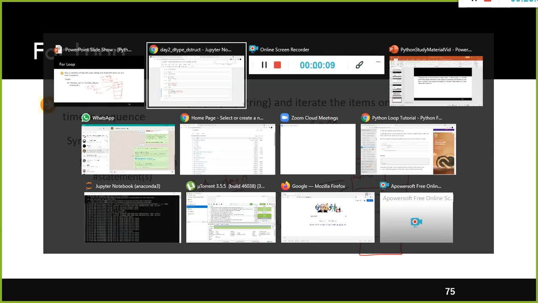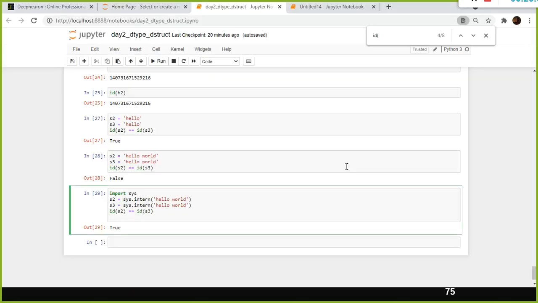So this is what you should know about the variable, how to delete a variable, how to create a variable, and the operators like the comparison operator, assignment operator, arithmetic operator, and also less than, greater than. Sorry, that is the comparison operator, using which you compare whether these two values are the same or not. So string interning also we looked at, right?